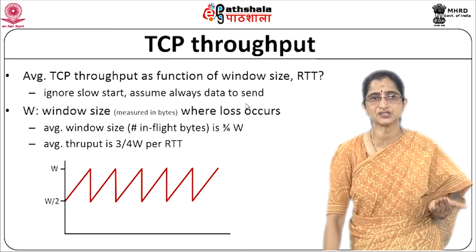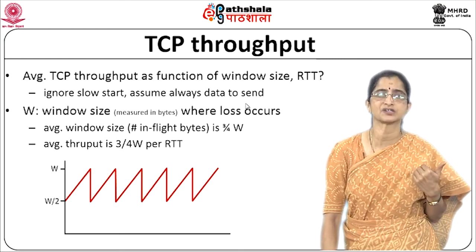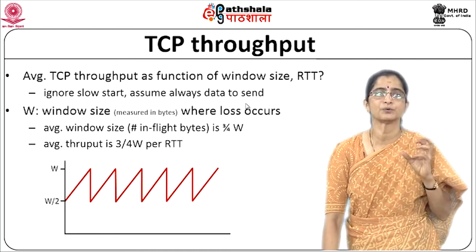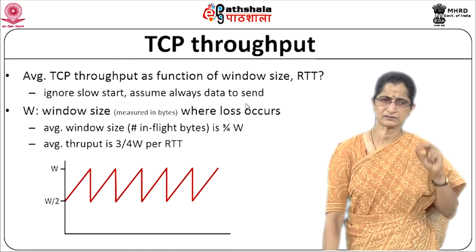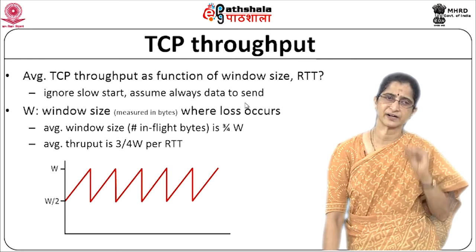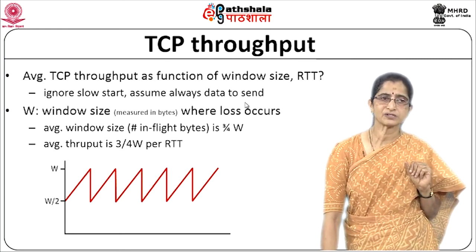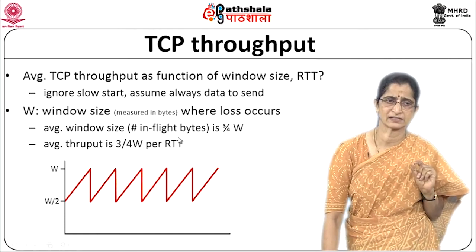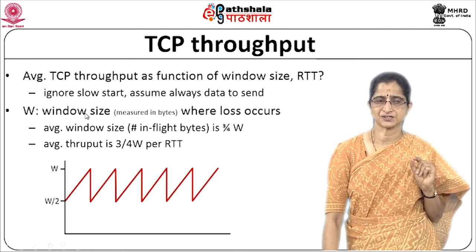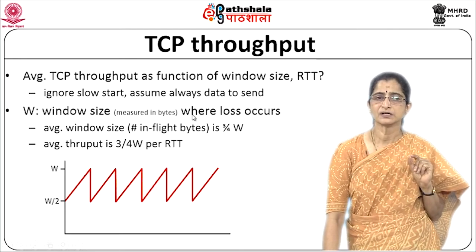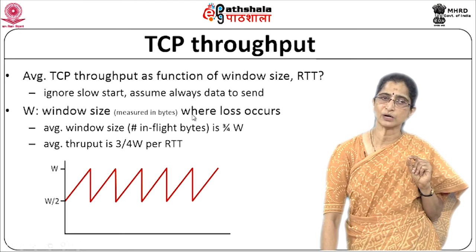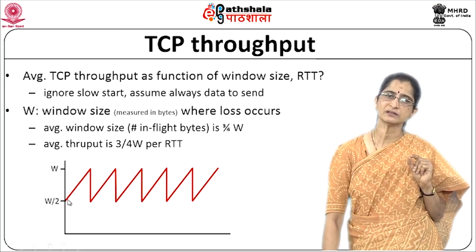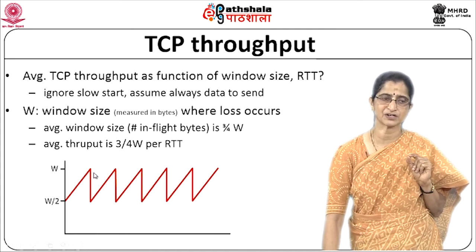Because TCP is trying to do congestion avoidance, it is doing some extra work. In doing this extra work, how is the throughput getting affected? If you want to take a look at that, we can do a quick calculation to understand how it will behave. Let's assume that W is the window size where a loss occurs. What will happen the moment a loss occurs? We know that the window size will be brought down to half. So it will come to W/2 and then from here you will keep doing a linear increase. So you can see a ramp-like function is what you will get.